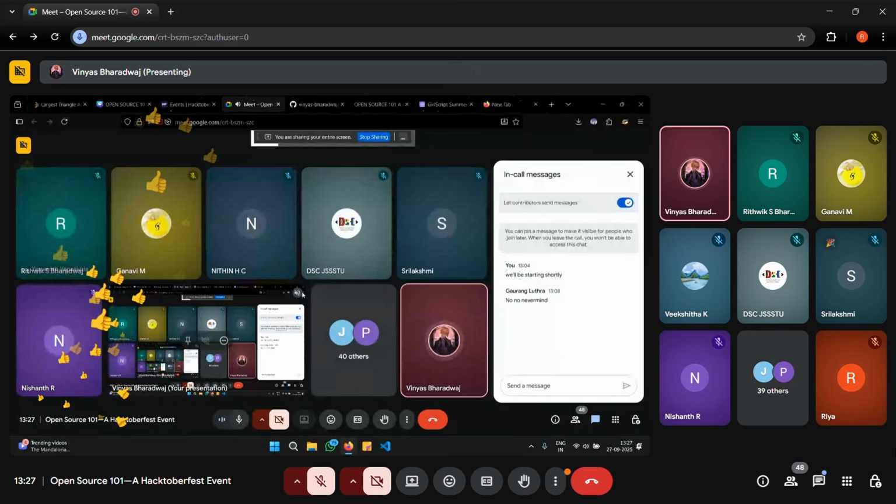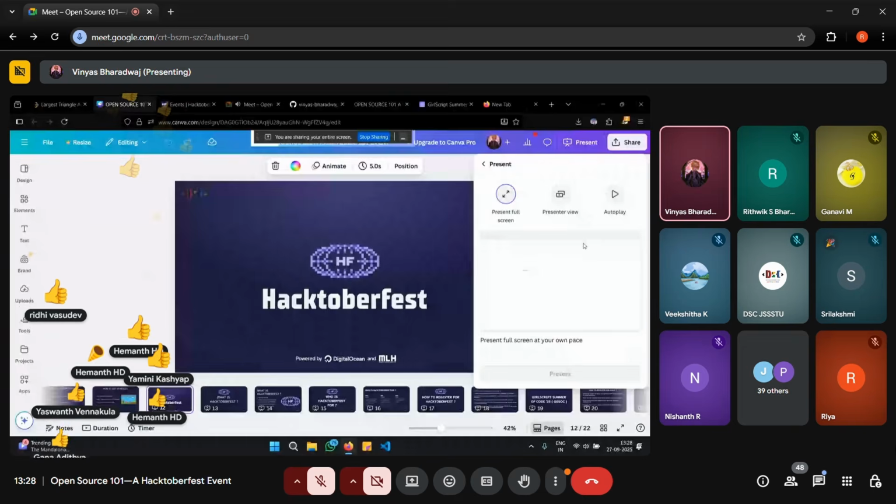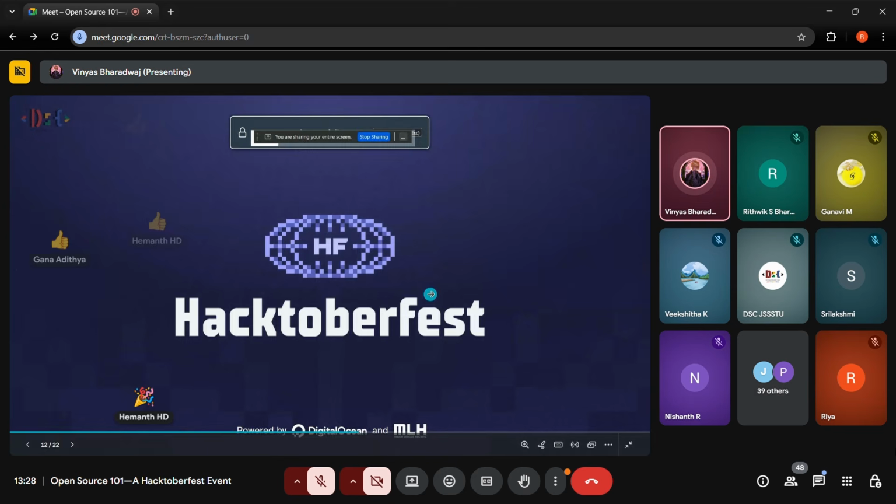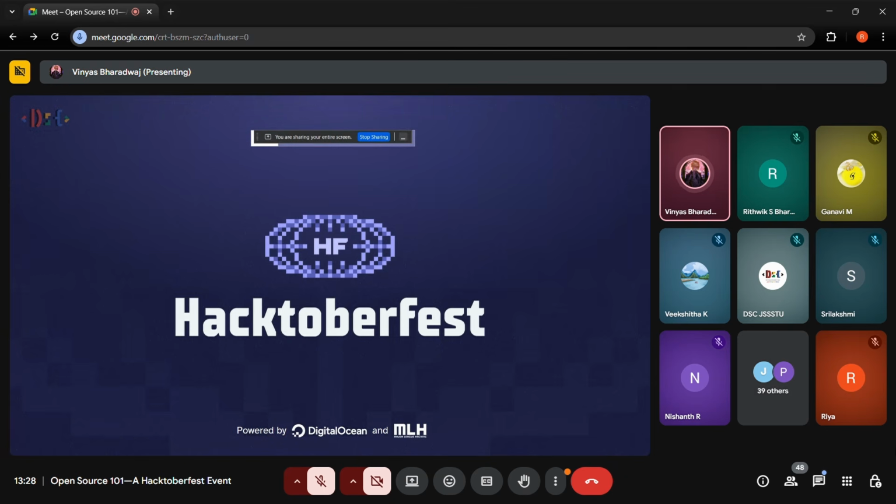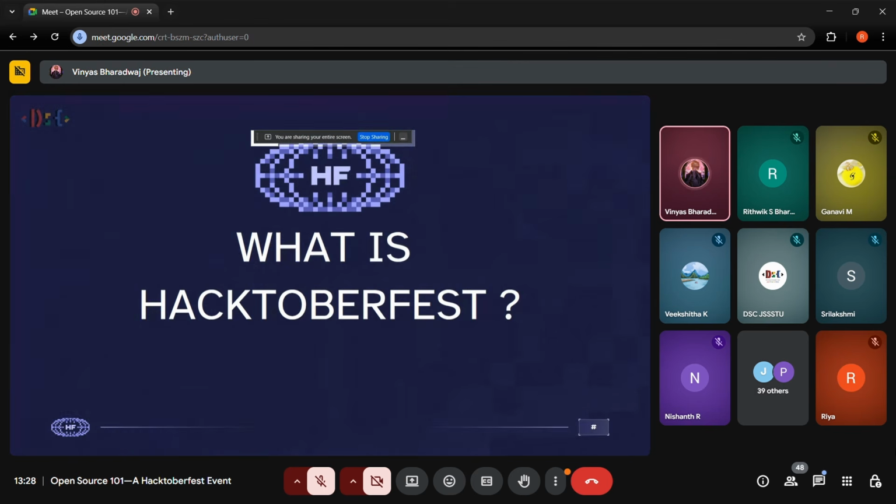All right, cool. So let's actually move on to what exactly Hacktoberfest is. As my friend Ritvik just discussed what open source exactly means, I'm pretty sure all of you have a decent grasp, at least, of what open source is now. So let's move on to what Hacktoberfest is. I'm pretty sure all of you are very curious about what even is Hacktoberfest.